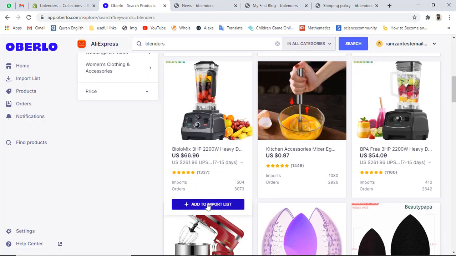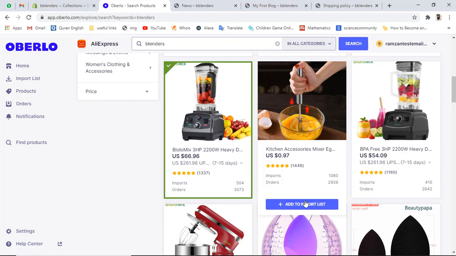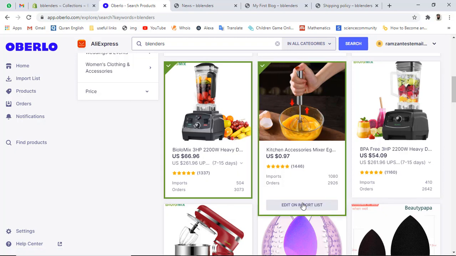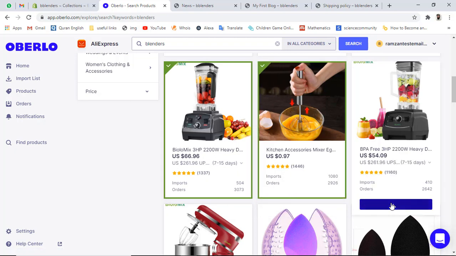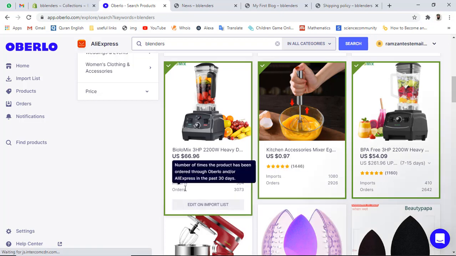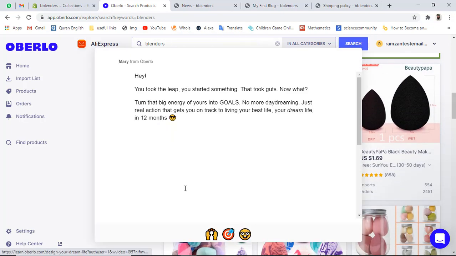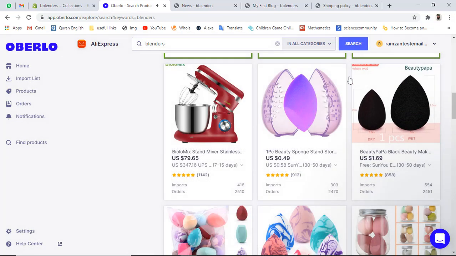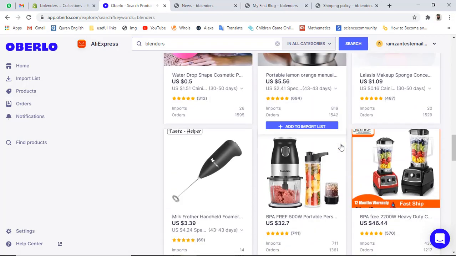So let me add to import list. I have selected these three. We have these parameters, which are reviews, orders count, and there are other parameters through which we can identify the product's quality.